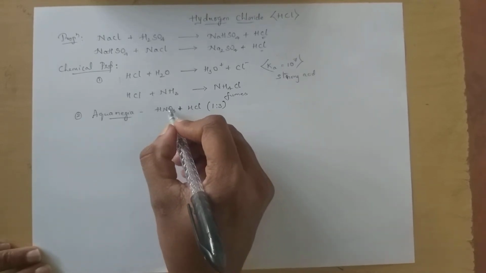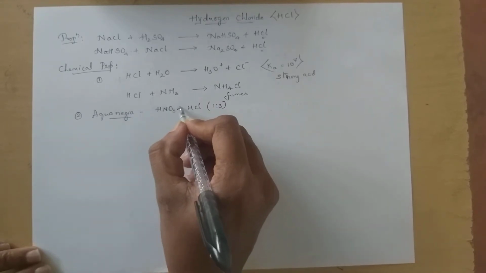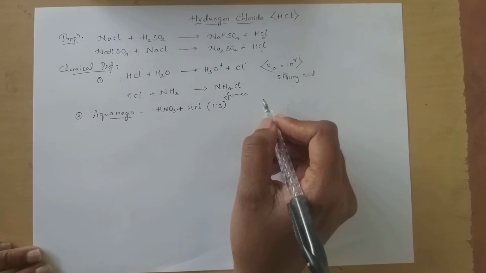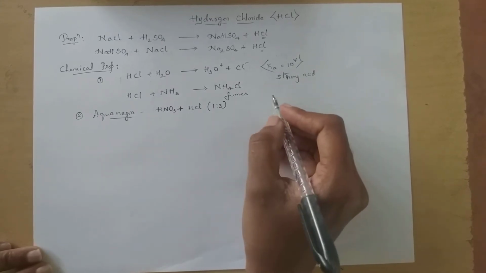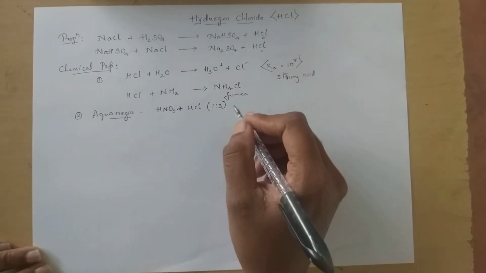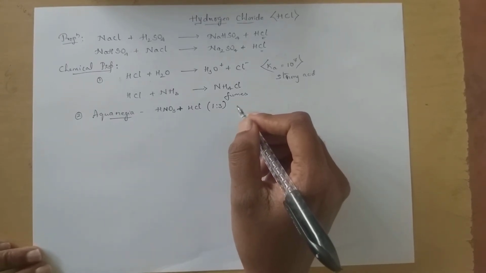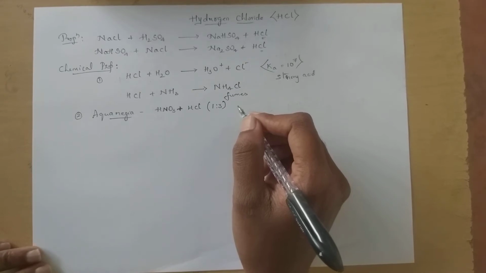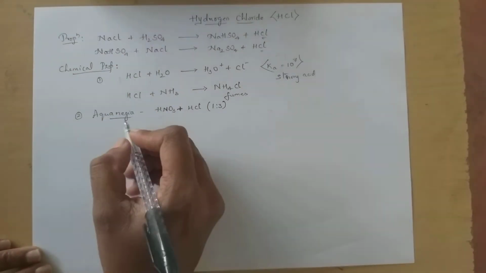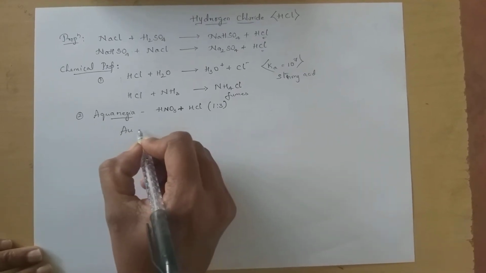It is nothing but the combination of HNO3 and HCl in a ratio 1:3. It is used for dissolving noble metals such as gold, platinum and all. So the main use of aqua regia is dissolving noble metals, that is gold and platinum. So how it occurs, that is